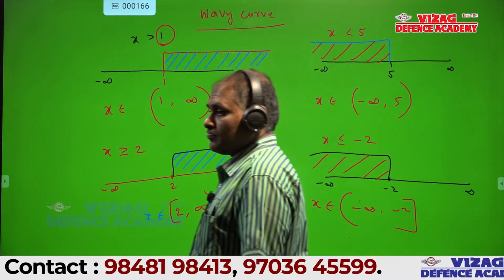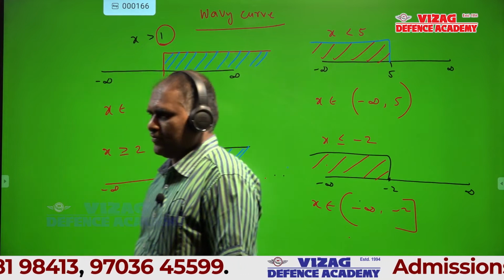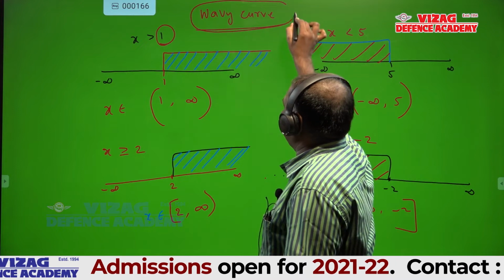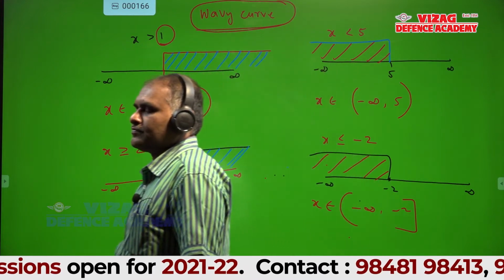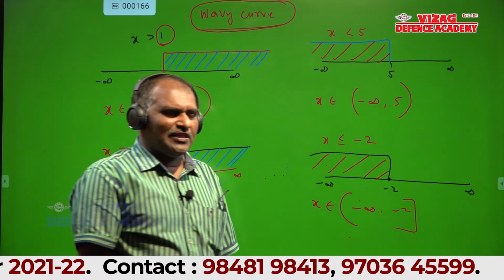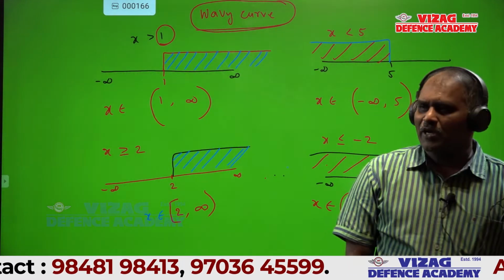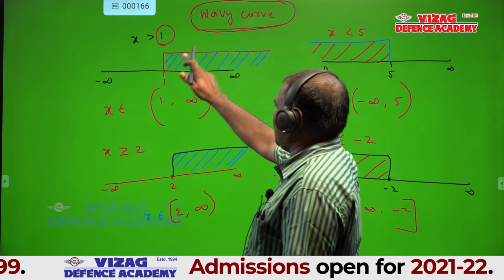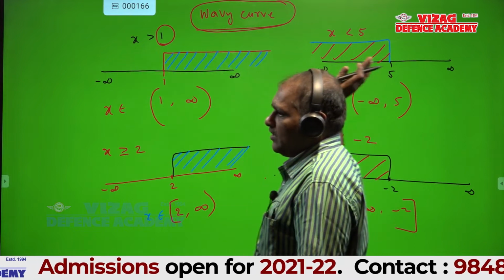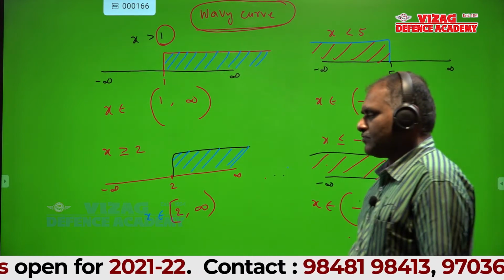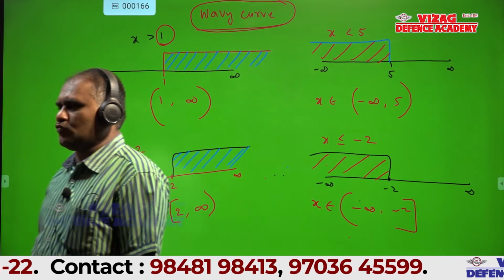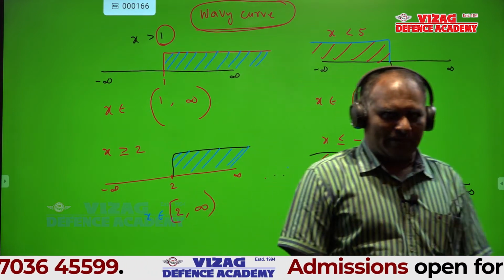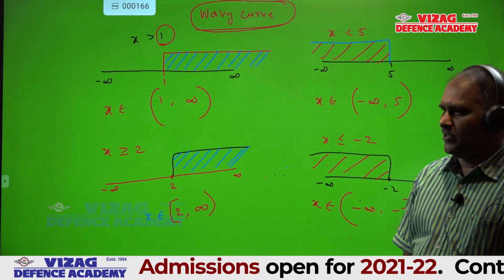Sir, this method is called the wavy curve. I have written it here: wavy curve method. This is a simple one. The curve can be drawn either from the left-hand side or the right-hand side, like I have written. But when there are more values, you can draw the ups and downs. I will explain that next. First copy this one.